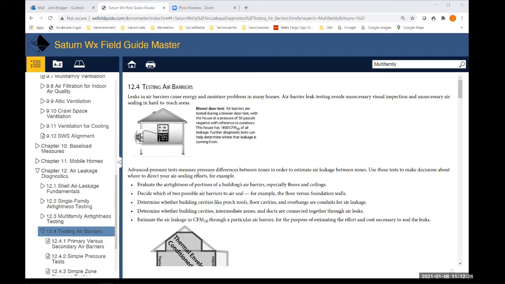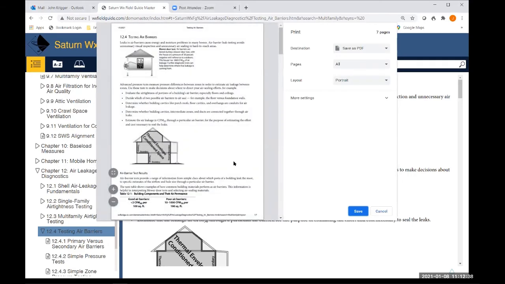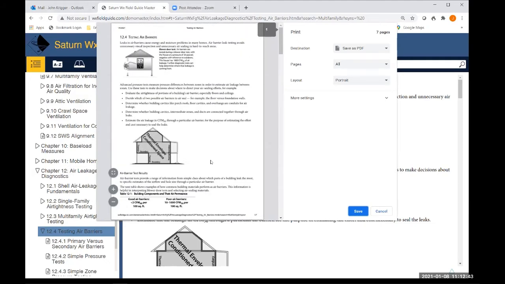Let's pretend that we're an energy auditor and we need to educate the crew about simple pressure diagnostics. I'll click the printer icon, and up comes this dialog box for us, and it has all the pages in this chapter. Okay, we're going to save it as a PDF so we can send it out. And in pages, it shows that we're going to include all of them in the PDF, but let's not. Let's go custom, and let's print